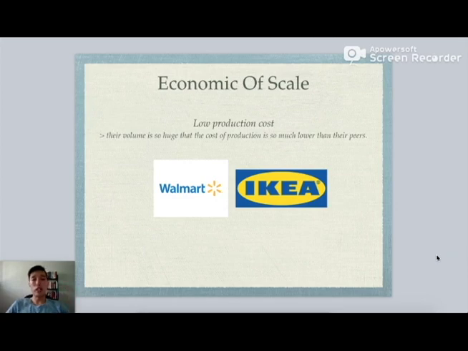So that alone puts Walmart at an advantage. If they are able to purchase the Coke at, let's say, 25 or 30 cents and sell at 50 cents a Coke in the market, they are easily able to outbid their competitors because they are still making a good 20% profit on each can of Coke, whereas their competitors who purchase a Coke at 50 cents per can will have to sell at break even or sometimes even at a loss. So that's the advantage of companies that have huge volume. They will definitely have an economic moat, and it's very hard for competitors to come in and compete unless they have similar or even larger volume.